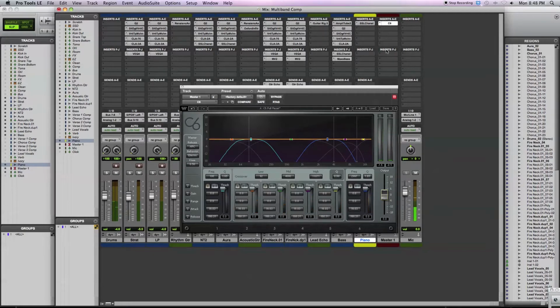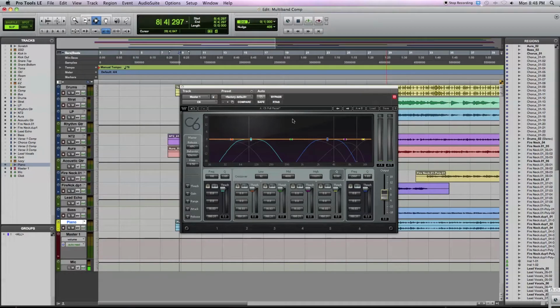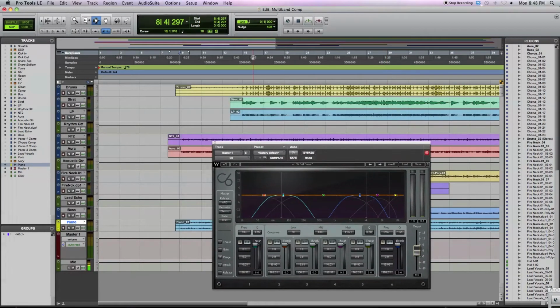The way that I like to typically get set up when using the processor is to start out by picking the frequency divisions of the channels I'm going to be using. I start out from the bass and work my way up into the low mids, the high mids, and finally the highs. To do this, I like to start out on a part of the song where I have all the instruments going. So I'm going to switch over here from past the introduction to the next part